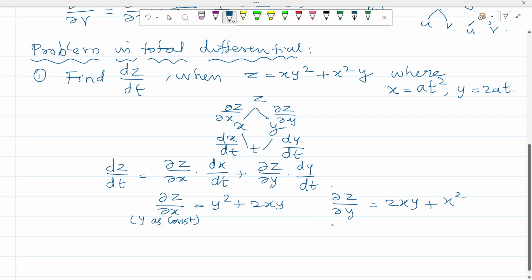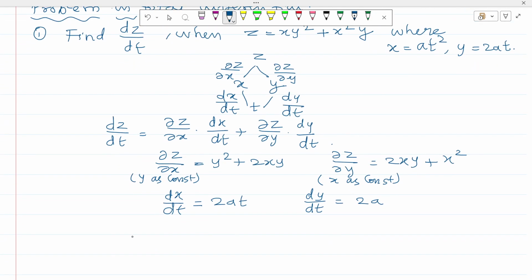Here also, when you differentiate with respect to y, keep x as constant. And then you differentiate x with respect to t, and you will get dx by dt. Dx by dt is 2at, dy by dt equals 2a. So substituting all the values in dz by dt, dz by dt equals y square